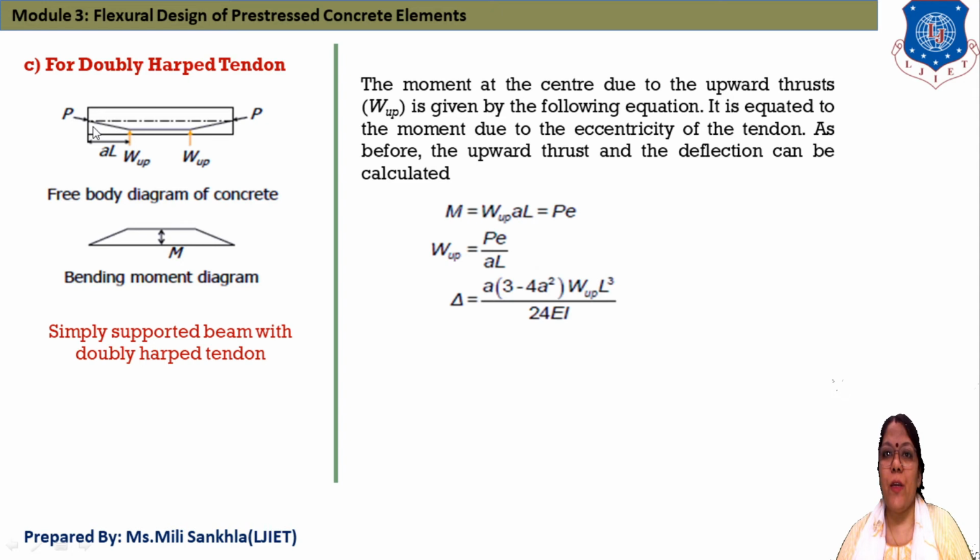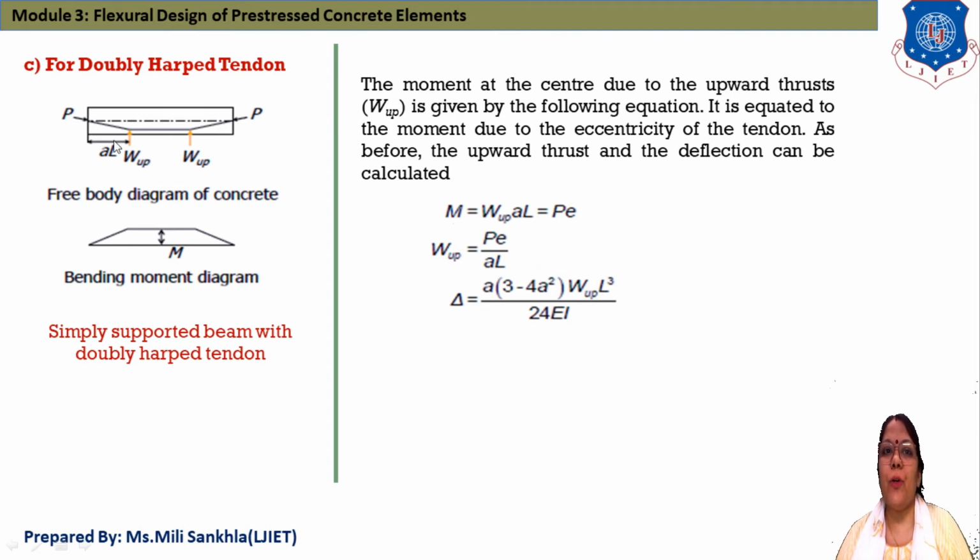Okay, now here in this figure, doubly, that means two upward thrusts are provided here. And this is the cable, which is subjected to prestressing forces, and this center line is the notation of the neutral axis, and this one is the bending moment diagram of the two-point load. Now one by one, here we find out first one is moment.